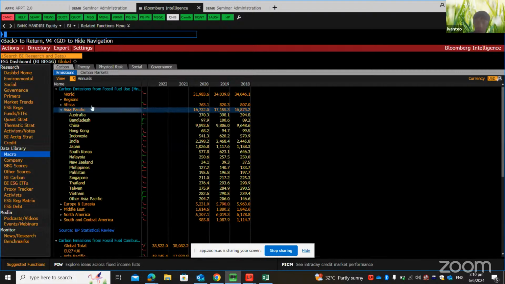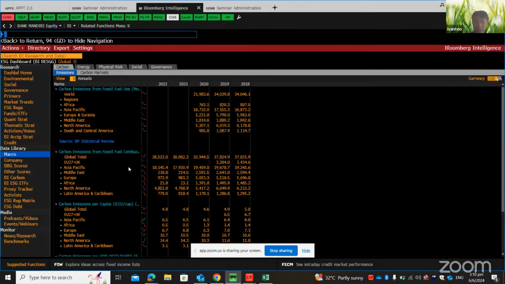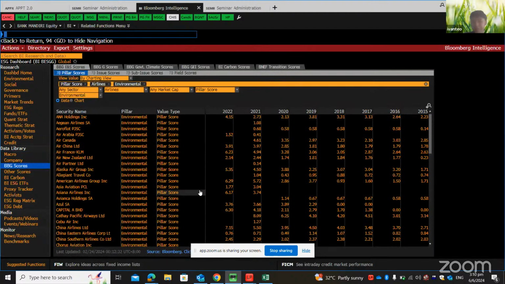We also have things like carbon emissions per capita. So this is more macro related data sets. If you want scores, we also have scores. You can click into it. These are all industry wide,